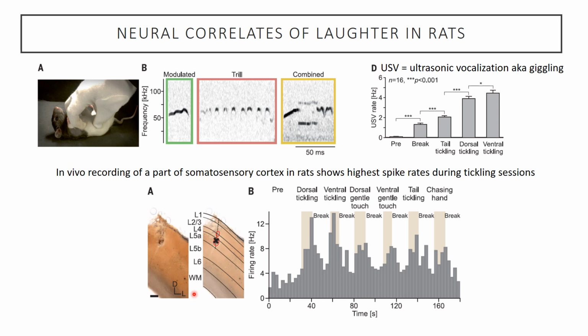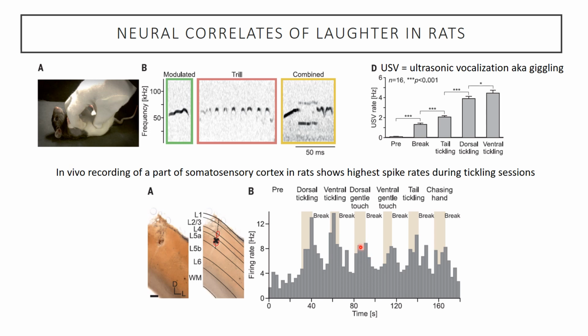And when you put an electrode down into the somatosensory cortex, into a portion of the cortex, and you tickle them, you can see activity. So they're looking at changes in activity in this portion of the somatosensory cortex. During tickling, there's an increase in the rate of firing for this part of the cortex. And then when they stop, they take a break, the firing rate goes down. And then when they start tickling again, that's these dark areas here, it goes up again.